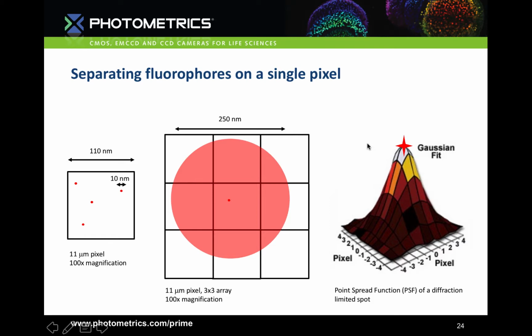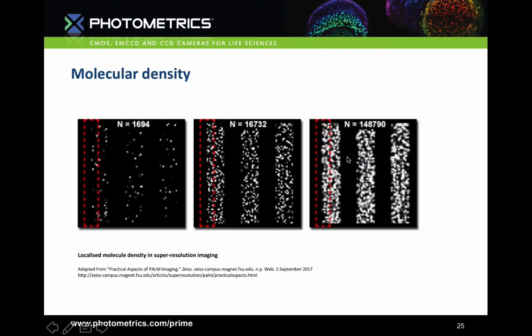Of course, a high localization accuracy means nothing if there aren't enough fluorophores present to resolve a structure. According to the Nyquist-Shannon theorem, the distance between two neighbouring molecules should be twice as fine as the desired resolution. This means that if the localization accuracy is 20 nanometers, there should be a fluorophore every 10 nanometers to correctly sample. This relationship between localization accuracy and molecular density is necessary to understand how resolution should be determined in super-resolution